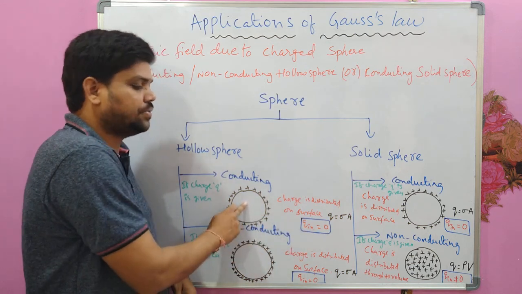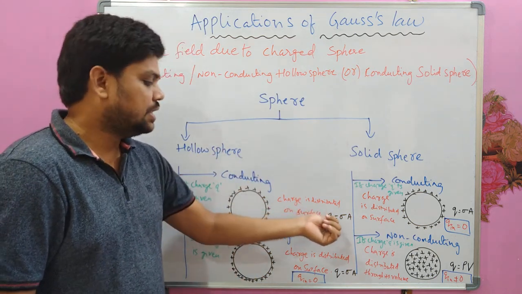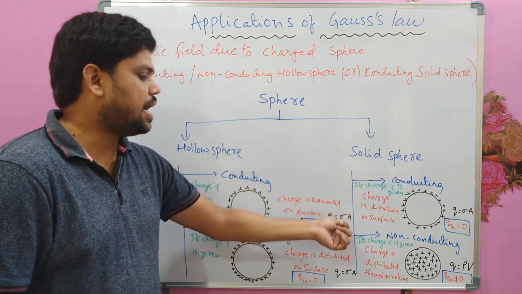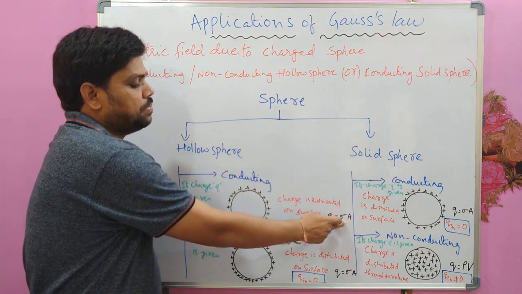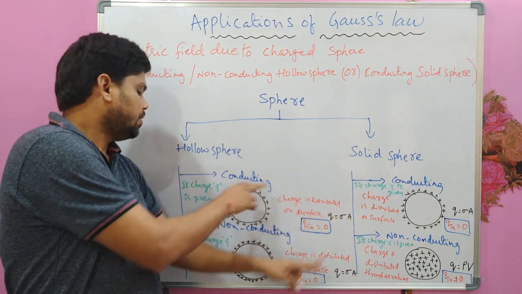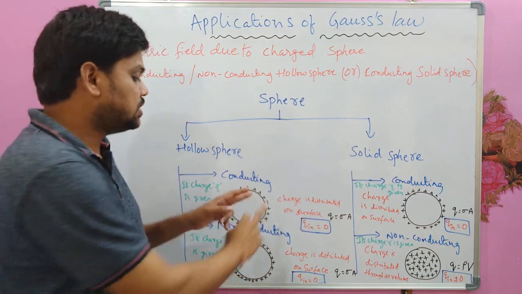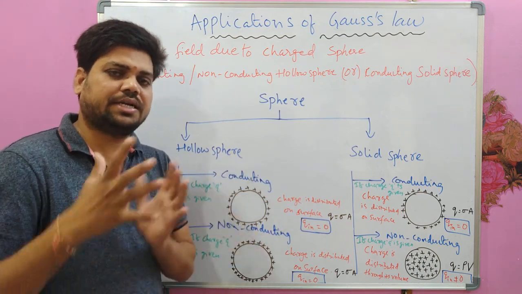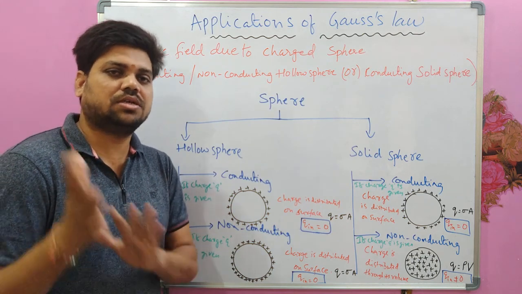Because the charge is distributed on the surface, we can define the charge in terms of charge density, that is, q equal to sigma into its surface area. Sigma, the surface charge density, multiplied by the area covered gives the total charge given to the sphere. Q equals sigma A. Sigma comes into effect because the charge is on the surface. Sigma is surface charge density. We have also talked about different types of charge densities in the previous video lectures. If you have not watched them, do watch them.